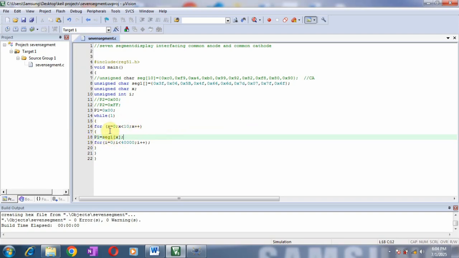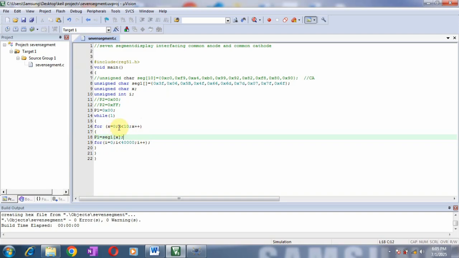So in short, initially your x value will be 0. It will check the condition and go inside the loop. When x is equal to 0, segment 1 of x means the first element, which is nothing but your hexadecimal code for number 0. So that code will be sent to the port P1. Once the 0 gets displayed, the delay will be added and x will be incremented by 1.